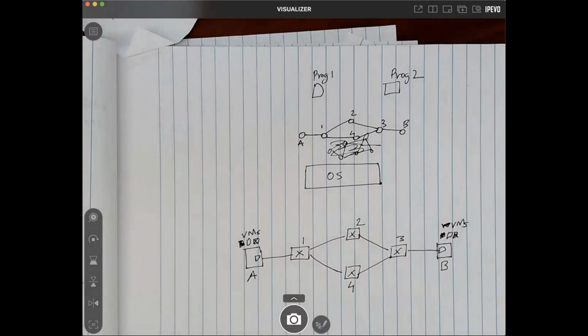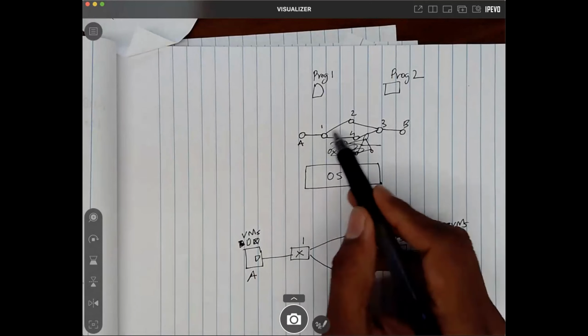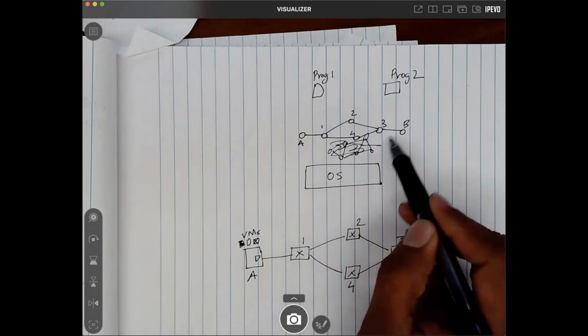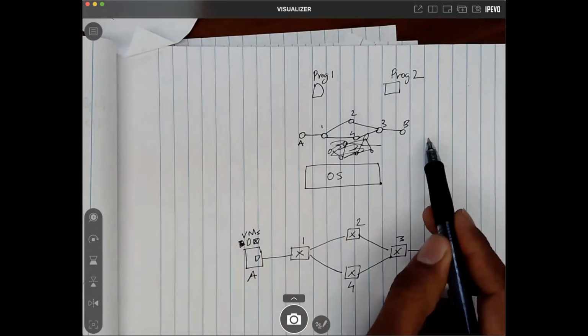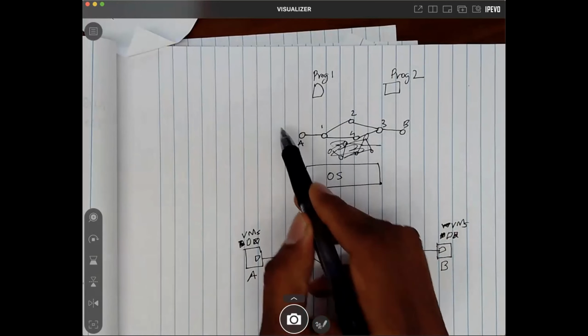Now somebody had a question about virtualization as well. From a virtualization perspective, if I am offering the connectivity here for program 1, then I will ignore these switches, and I only care about A and B, and A and B connected to just VMs, right?